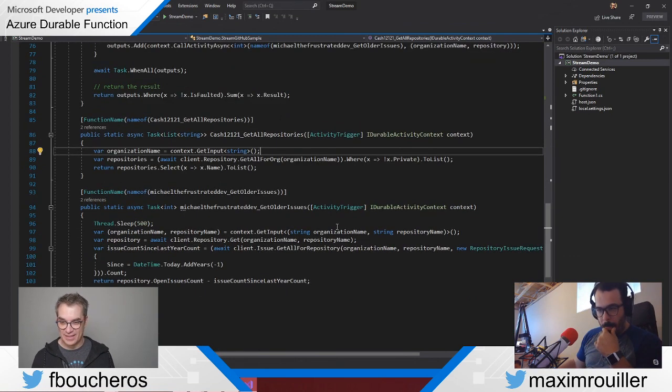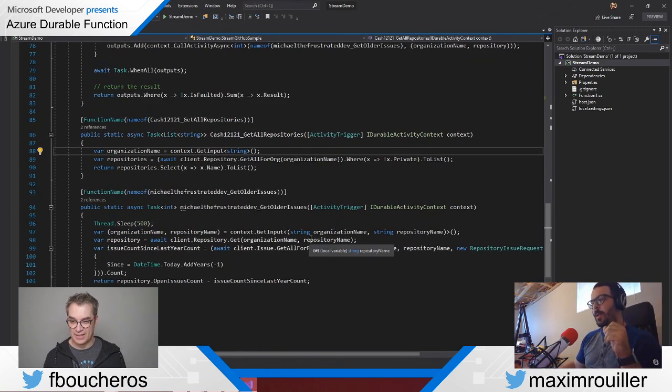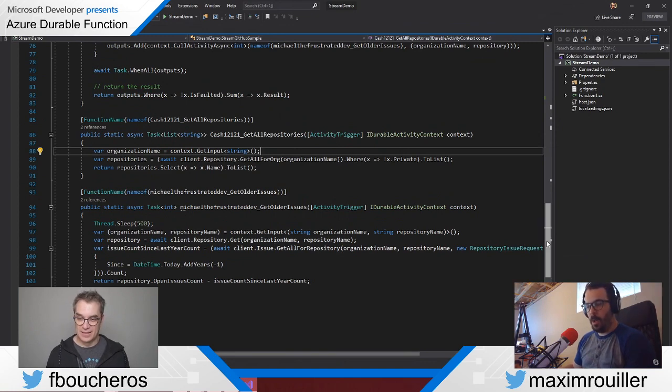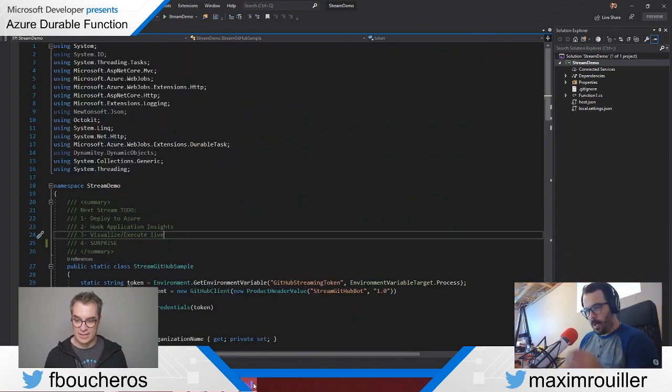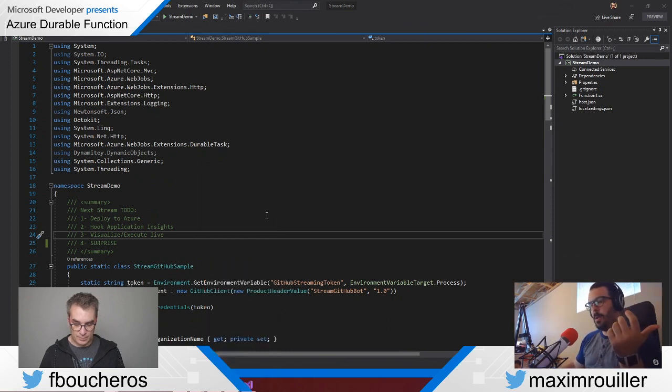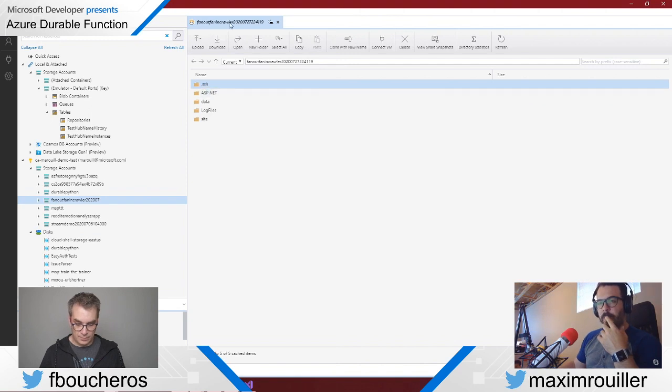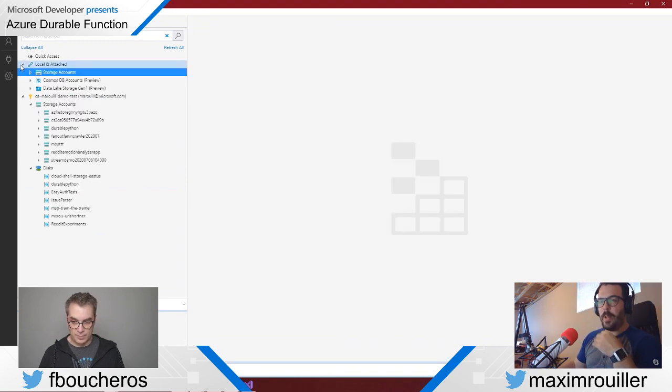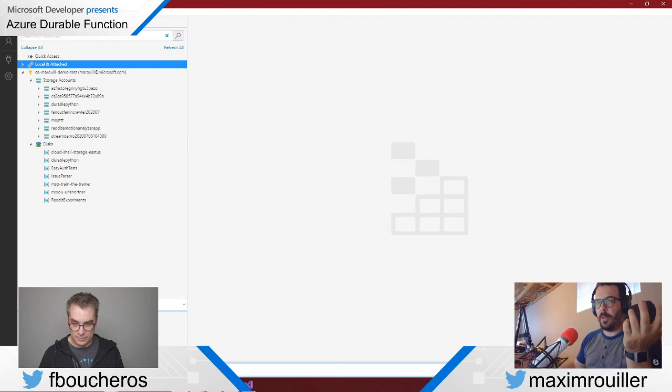So let's take a look at exactly what happened here on our execution. I'm going to open up a different project. Everything that we did, we can take a look at, for example, in our Storage Explorer. This is a Storage Explorer that you can install. It is built on Electron, the same thing that runs